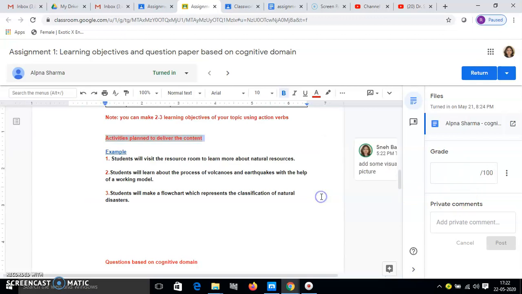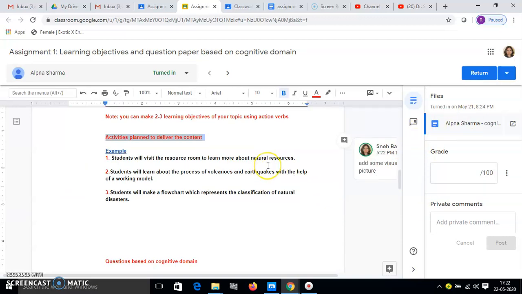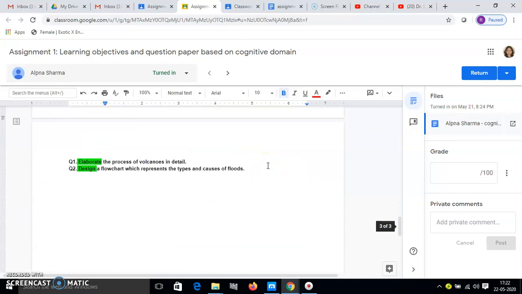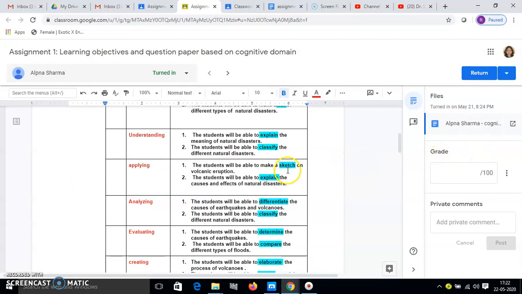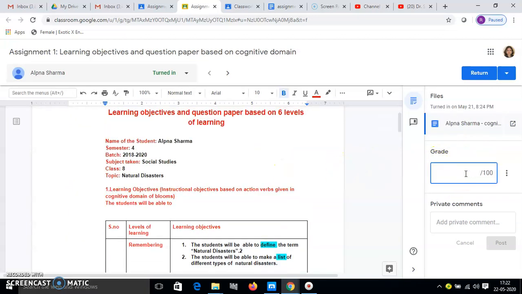Now I have given this remark to the student. Once I give this, in the same way I can check this, and also I can give a grade to this assignment. Suppose after checking this, I give my student a grade of, let's take 90. Okay, now this is being saved automatically. I return, this is saving right now.